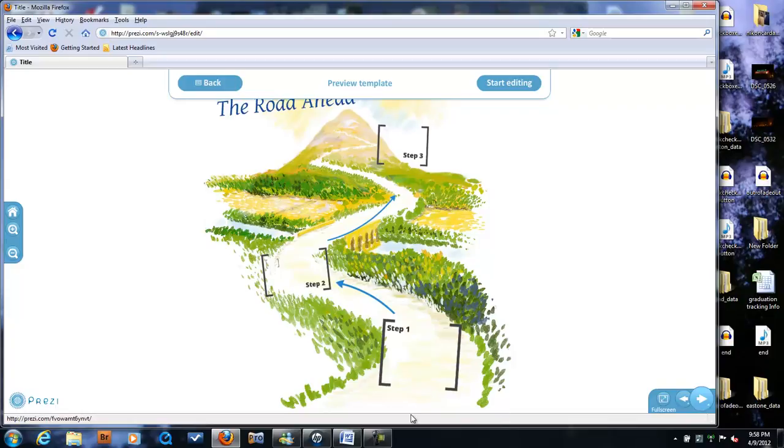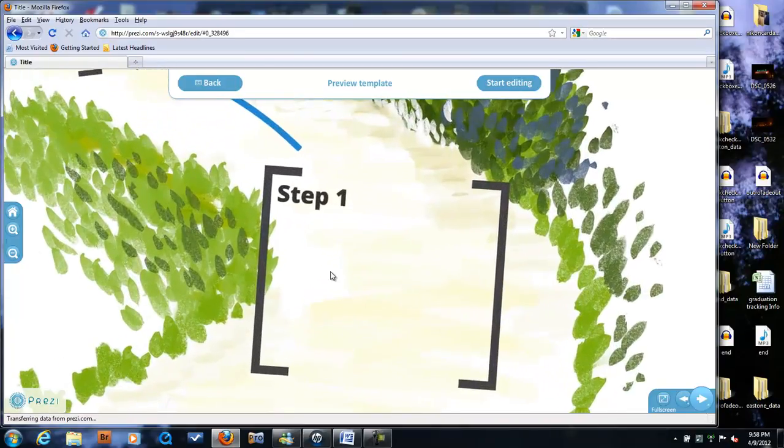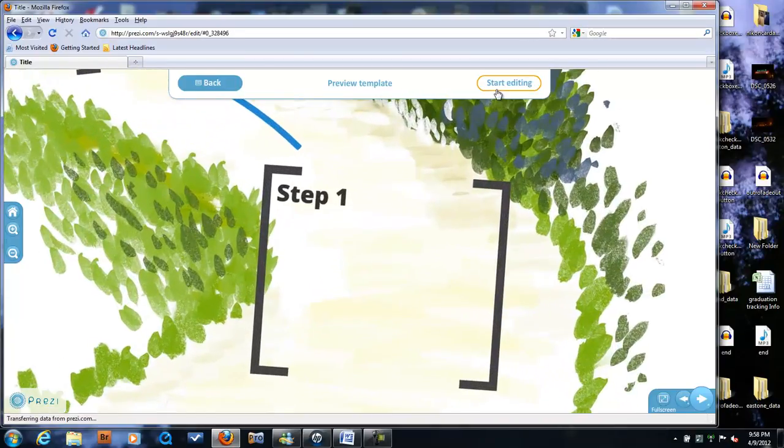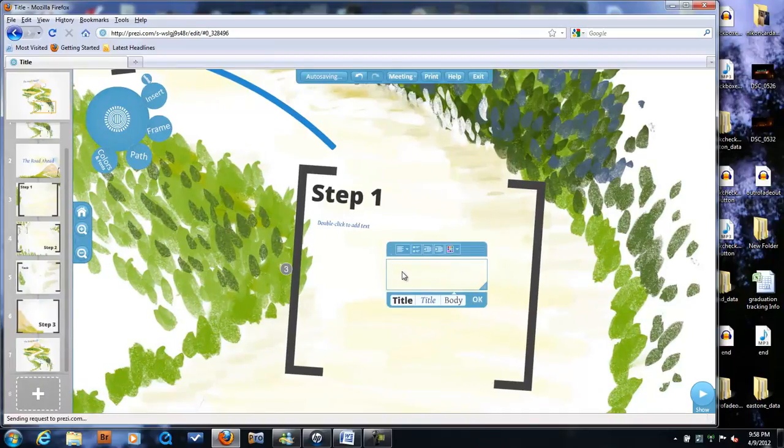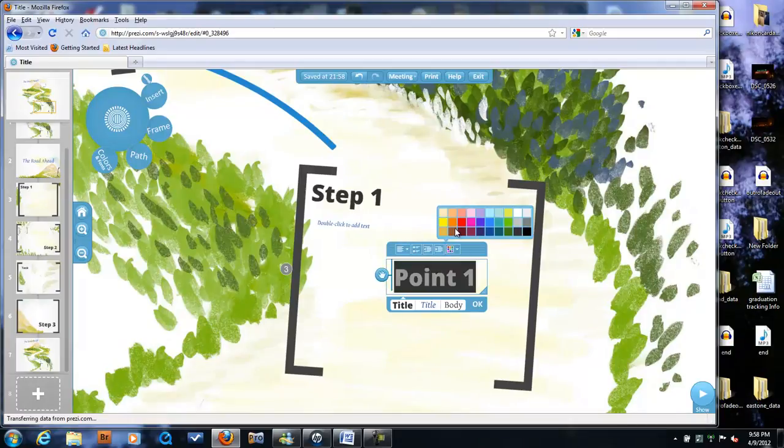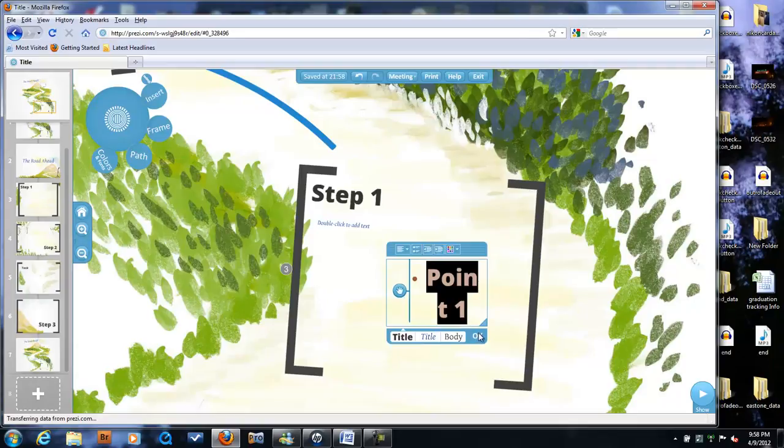Click anywhere in your Prezi, either zoom in or zoom out, whatever you want to. Then you just double click on your Prezi and then type your text. This will be point 1. You hit whatever it's going to be, either a title or body. Then you can use it like a word processor. You can do a line, you can do text color, left or right, or a bullet point. Click OK,